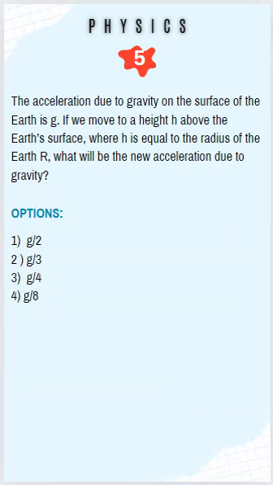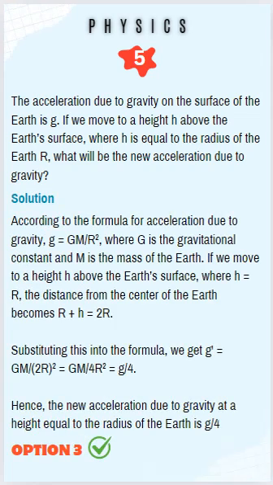Next question is based on variation of acceleration due to gravity with altitude. As the object goes away from the surface of Earth, the value of acceleration due to gravity g falls down and follows gravitational rules. The formula for calculating g at an altitude is well documented. The correct answer is option 3. The new acceleration due to gravity at a height equal to the radius of the Earth will drop down to 25% of g at the surface of Earth.